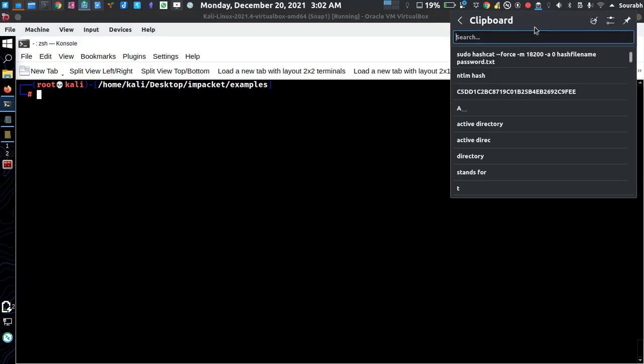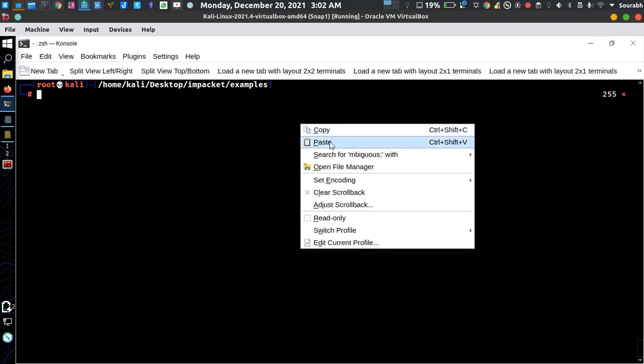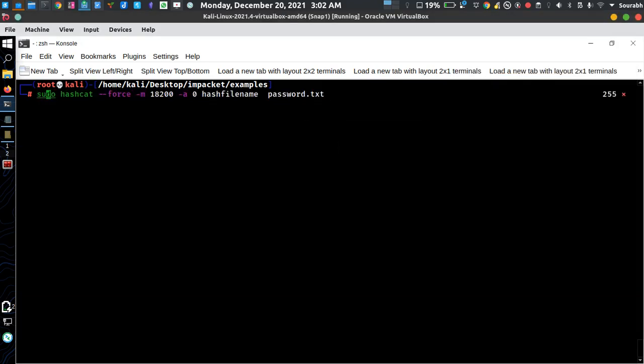Yeah. Paste. So hashcat --force for bypassing any kind of authentication, -m for mode, and -a for attack vector. Okay, and the hash file.